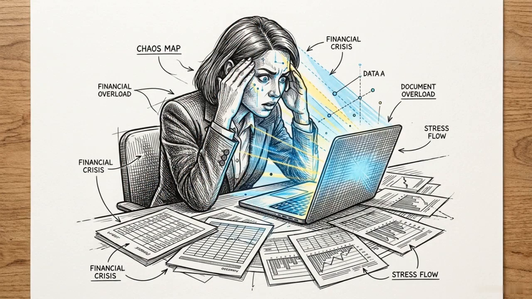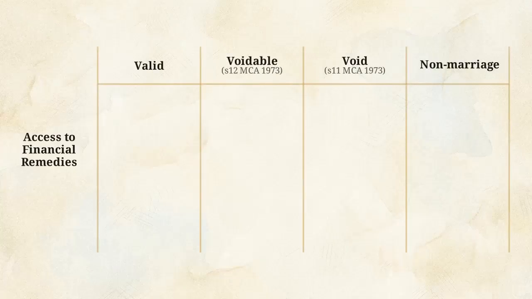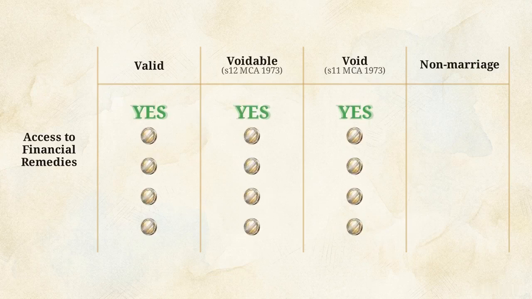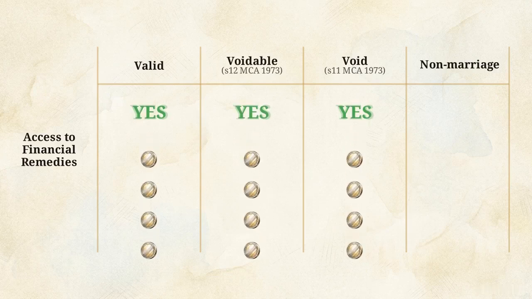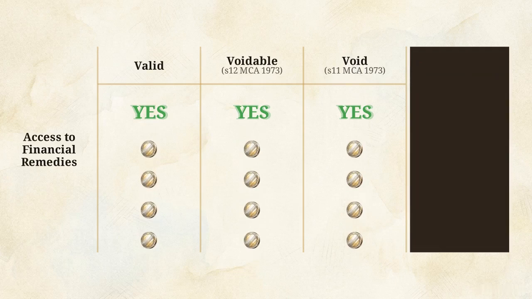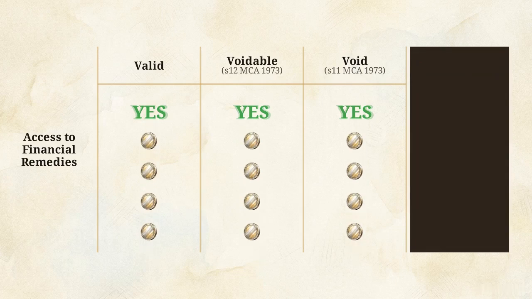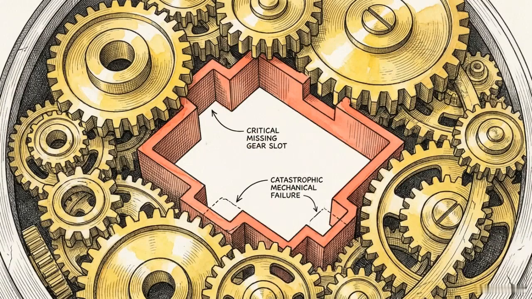This precedent terrifies modern practitioners. 18 years of shared life and intention carry no financial weight if the ceremony is classified as a non-marriage. This final matrix maps the entire spectrum of formation directly against the financial stakes. Valid, voidable, and void states all grant the family court jurisdiction to redistribute wealth, but the non-marriage is a legal black hole. Establishing court jurisdiction depends entirely on these formation rules. Without them, the legal machinery for financial redistribution cannot be engaged.